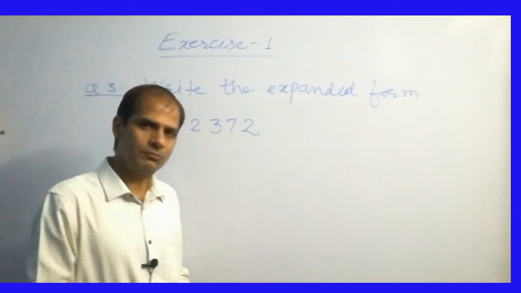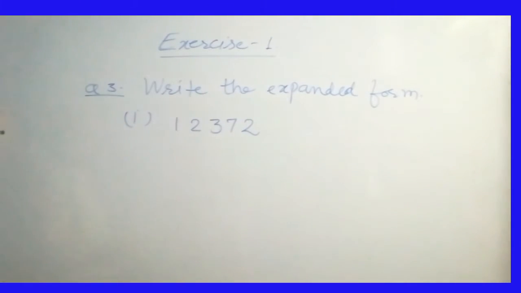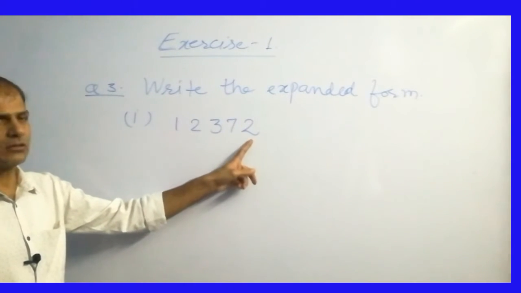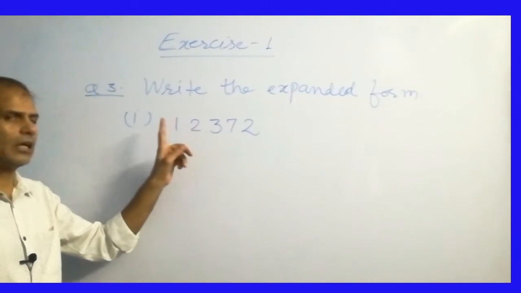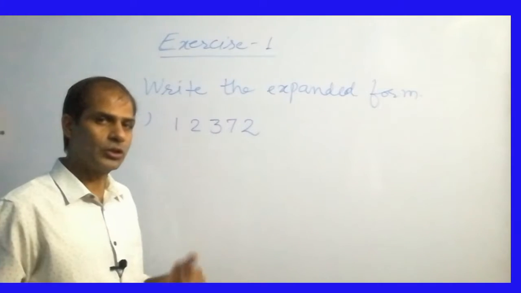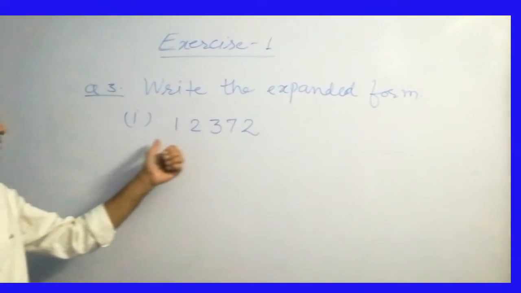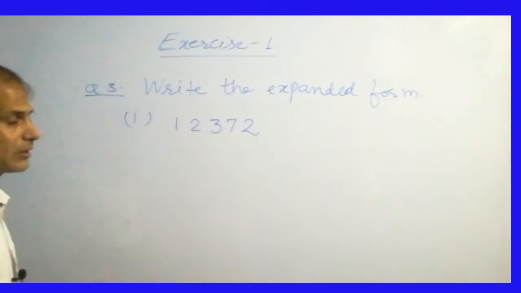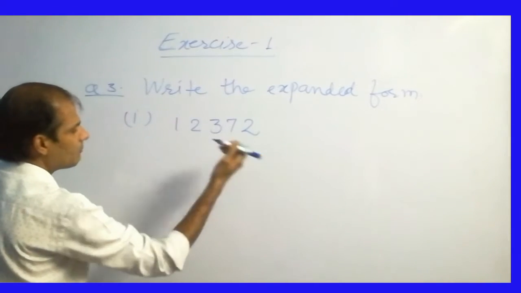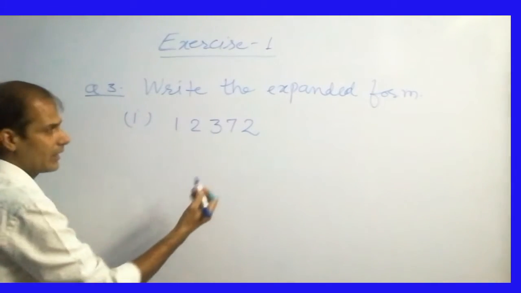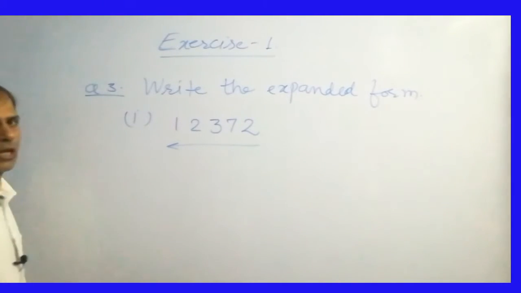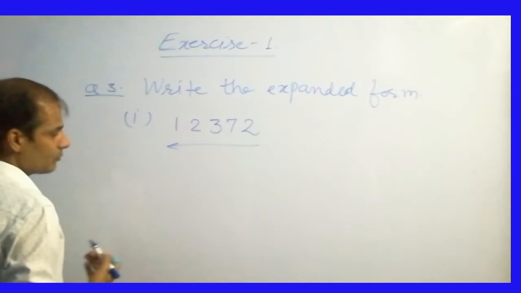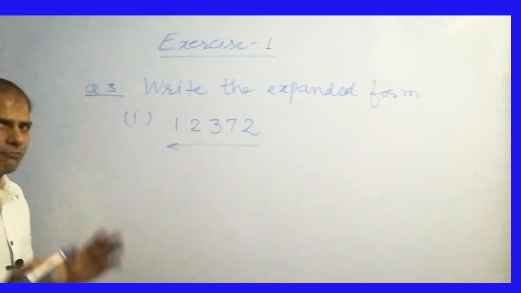Do you know what is expanded form? Expanded form depends on the position of the digits in a number. For example, ones, tens, hundreds, thousands and 10,000s. So according to these positions we will convert this number into expanded form by considering the digits one by one. So what is the method? Just count the position of digits. Start from here, see, in this direction. Okay, from right to left. Ones, tens, hundreds, thousands, 10,000. As you know, 10,000 means there are 4 zeros.